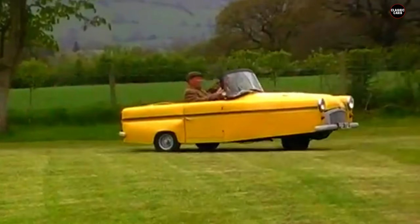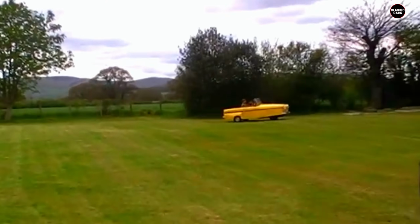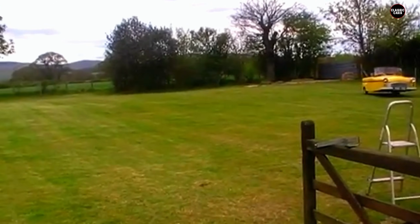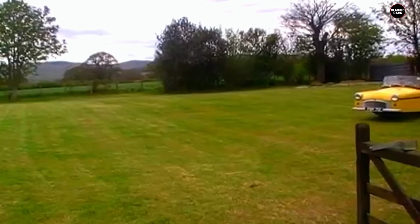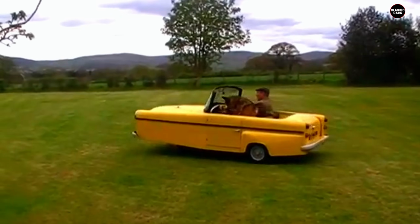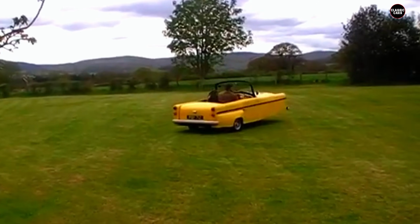Its engine barely offered any power, meaning acceleration was sluggish, and it struggled to keep up with the flow of traffic. It was often a case of the Minicar holding up other vehicles, as it struggled to maintain even modest speeds on the road. But the real issue with the Bond Minicar wasn't just the lack of power, it was